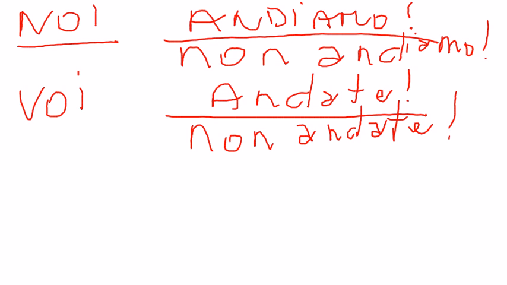Now, as you can see, both the noi and the voi forms are extremely easy. There is really nothing to understand or to remember. Make sure you don't use the pronoun in front of the verb, and then you can just state the noi and the voi form of the present tense and you're in business. For example, let's use the verb to study. How do I tell myself and other people to study? I would say studiamo. That means let's study. And remember again, noi studiamo means we study. So, noi studiamo, we study. Studiamo, let's study.